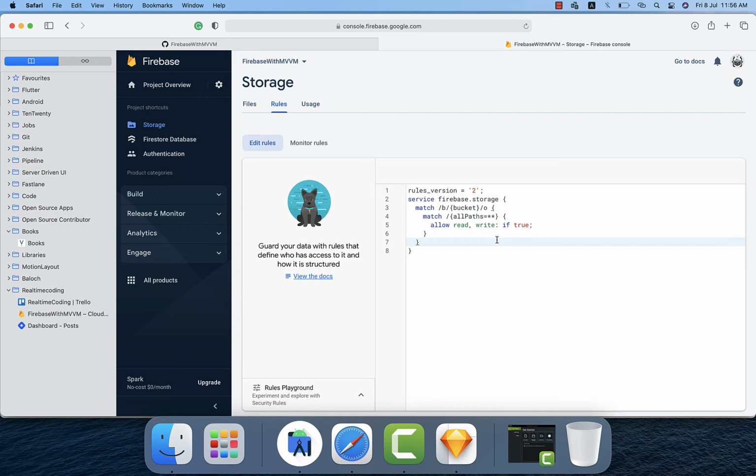Hi, in this video we will check about the Firebase storage rules. If you notice, currently it allows write, read if true. So that means every unauthenticated user, or everyone, can write or read. If you want to restrict only to the logged-in or authenticated user, how we can do that, let's see in